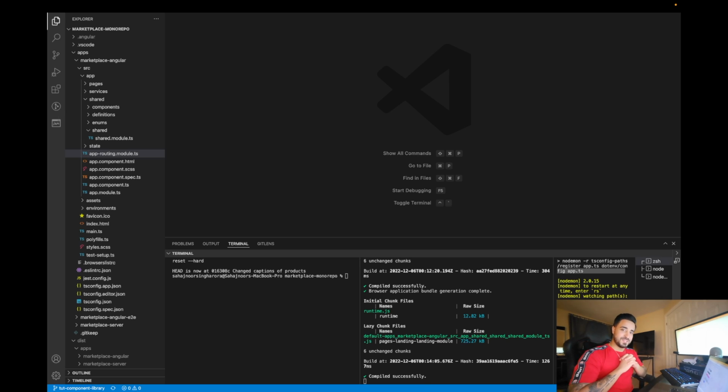What's going on, guys? Welcome to Tectatious, and today I'm going to be talking about how to generate a component library in Angular. So, why do you want to use a component library, or what is a component library, you may ask? Well, a component library is a shared collection of components bundled into a module or multiple modules